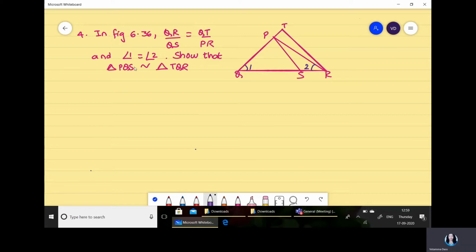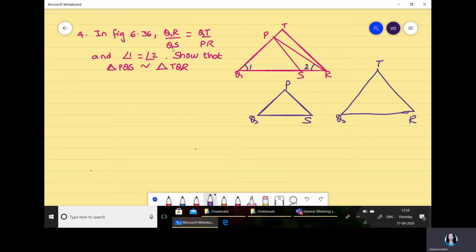So sometimes if we don't understand exactly which two triangles to prove, that is PQS and TQR, if you find difficulty, I can just suggest that you can draw the triangles separately and try to find out which criterion is given. So if I draw PQS and TQR separately, we find that PQS is a smaller triangle, TQR is a little bigger triangle. So when you draw PQS and triangle TQR, you find that QR upon QS is given. Now this we have to prove similar.